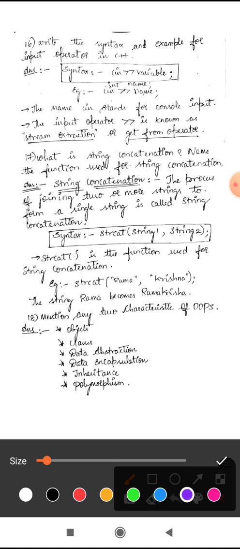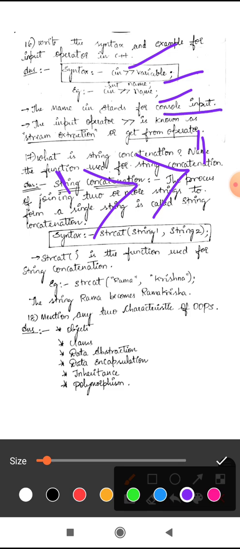Then you have to write the stream extraction operator, and by using it you input the variable's name. First we have to declare the variable name and then input it. The name cin stands for console input.